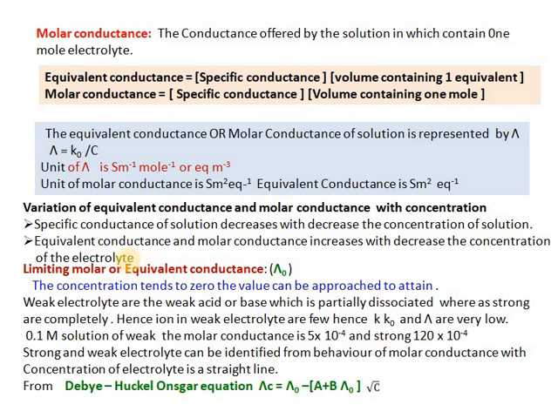For example, acetic acid is a weak acid which is partially dissociated as CH3COO minus plus H plus. HCl is a strong acid, so it is completely dissociated as H plus and Cl minus, and hence